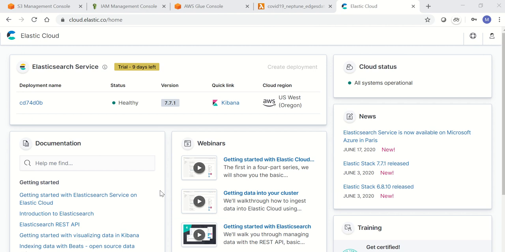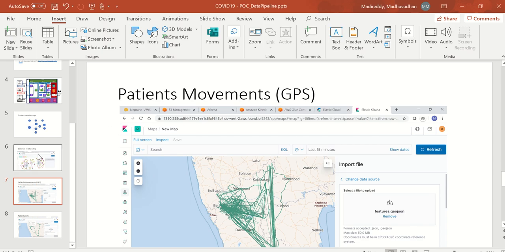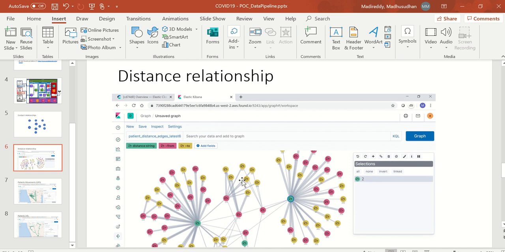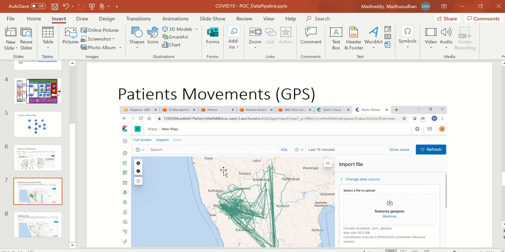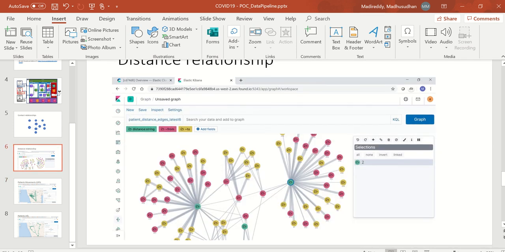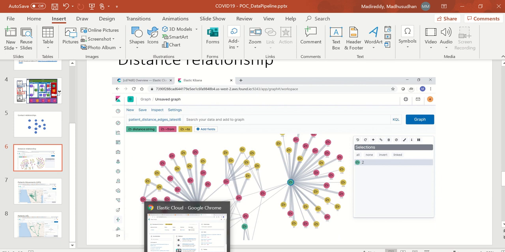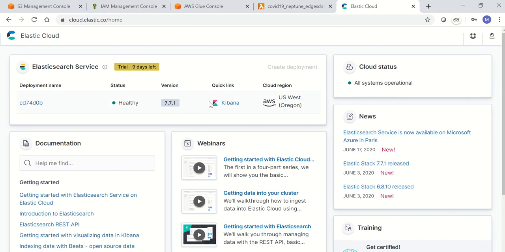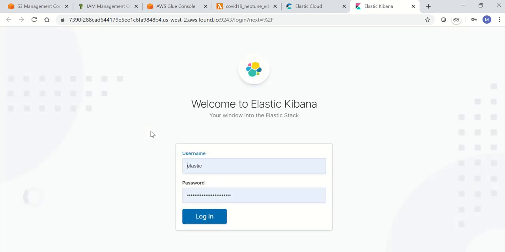The data which we inserted into Neptune, I'm going to show how I have created this graphical representation of the distances that we have inserted. For this demo, I had already created a data set in Elasticsearch, and I'm going to show only how we can visualize the relationships between the nodes.